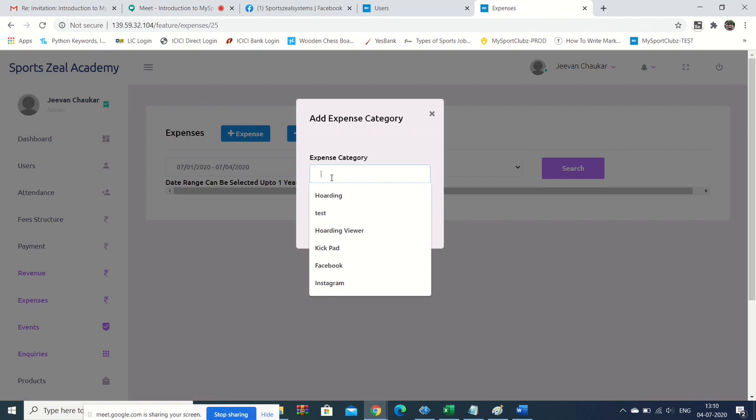You can create these categories, and whenever you spend on that category you will have to manually add it here, because that's how this is going to work.